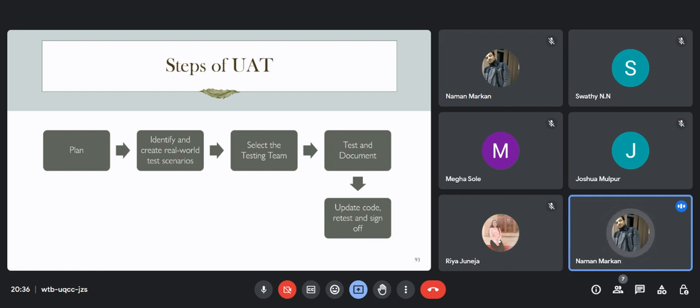Because you are creating the bugs intentionally, just to get an idea of what the end result should be, if there are people who are going to use these features, what kind of bugs there are, right? So that kind of bug tracker should be there, which you can build intentionally, and note each and every bug in your test document. Then once you have completed your test document, you have to retest again,